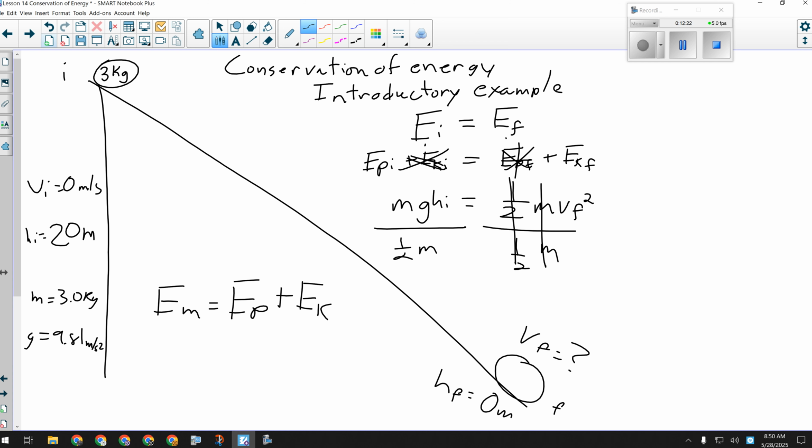Hey, I've got an m on the top and an m on the bottom. I can cancel them. In fact, when we get into more complex ones, you're going to find that mass cancels a lot. I'll still give it to you. It doesn't hurt to put it in, but you don't have to. I'll show you that later. But for right now, mathematically, there's no plus or minus here, so I can cancel those two m's. They're the same number anyway.